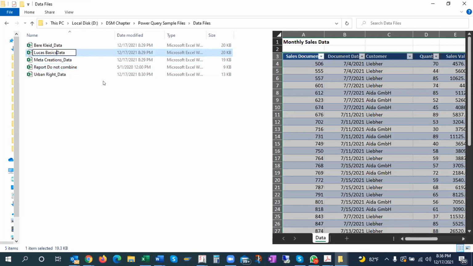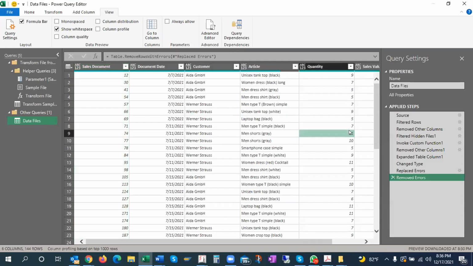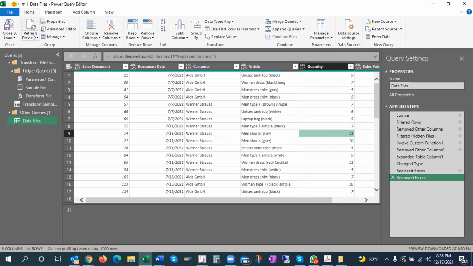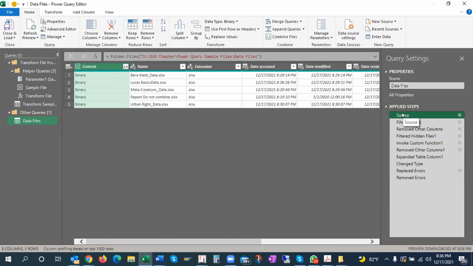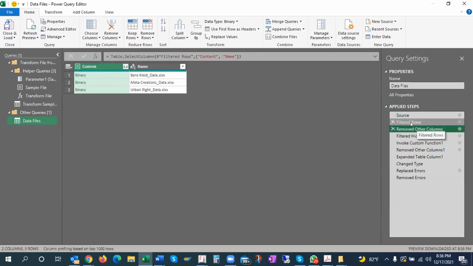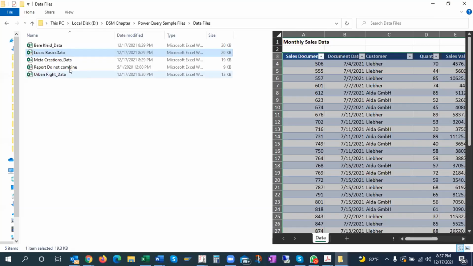I remove this and I change it. So when I refresh here, my data will change because I have given a filter. See here, wherever it is underscore data, please give me those files, show me files here. So this particular data doesn't include